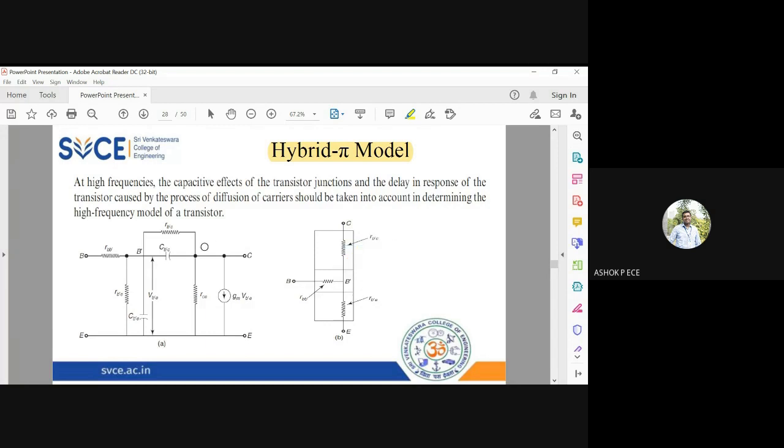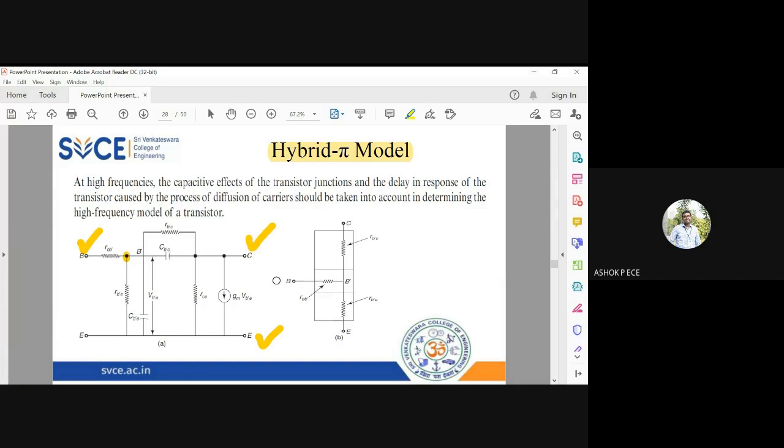Okay. See here, when they manufacture transistors, what you see externally is called as base. But there is one more terminal called B dash, which is called as virtual base. So actually, what you see is not the base. The terminal inside is the base. So what you see is the actual base, but what is inside is called as the virtual base B dash. B dash is not visible to us. It is inside the transistor. So you have four terminals effectively: base, collector, emitter, and B dash. B dash is your virtual base.